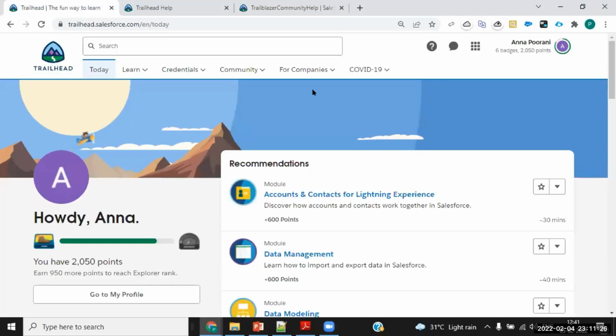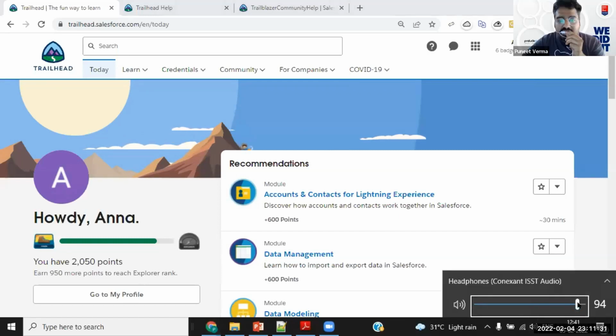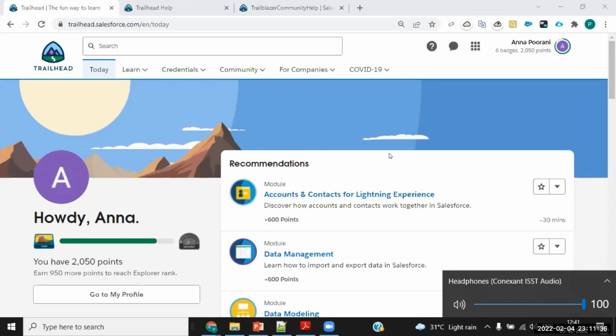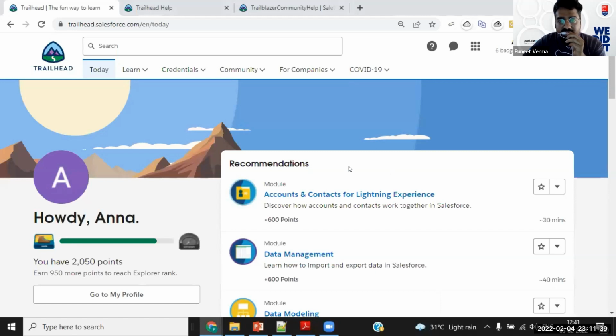I have posted a Trailhead. Someone is speaking, please go on mute, just a moment. I'm just wrapping it up. I'm posting a Trailhead on the CRM module as well, guys, in the group link. As we shared in the call, it is about 40 minutes, 200 points. Let me give you a brief on that quickly, and then I'll switch to Annapurni. If you have any questions, you can post it here, please.